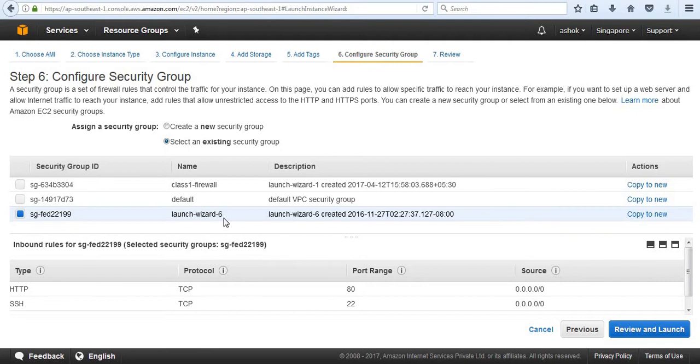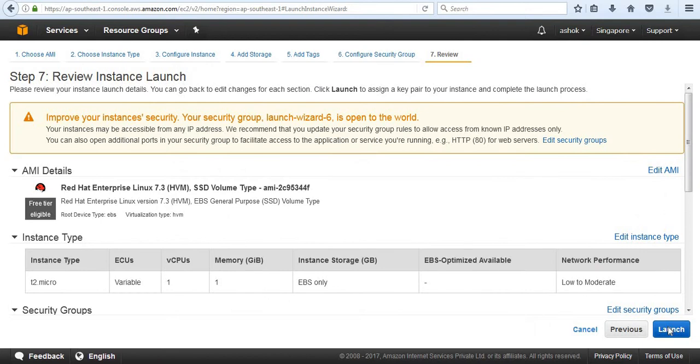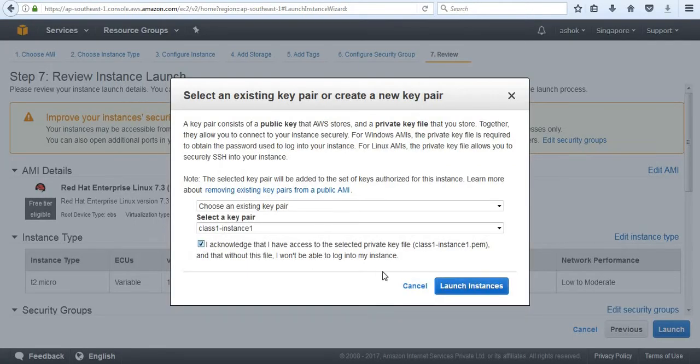I have selected Wizard 6 because in this security group we have already opened two ports, port 80 and port 22. Port 80 is used for the Apache application, for the HTTP listening port, and we have opened port 22 as an inbound port because I want to log in to that instance. So review and launch, acknowledge. I'm using my existing key pair,